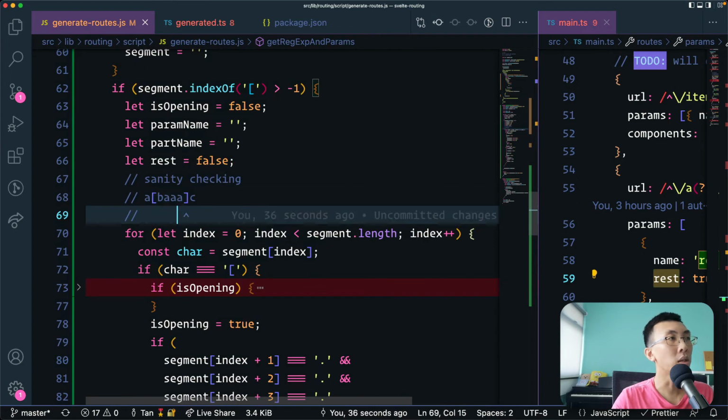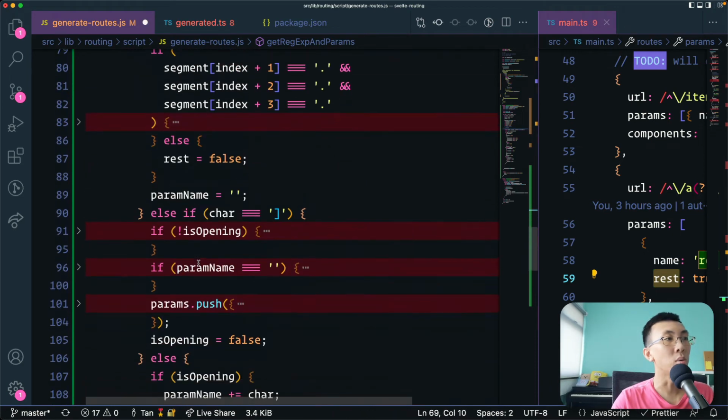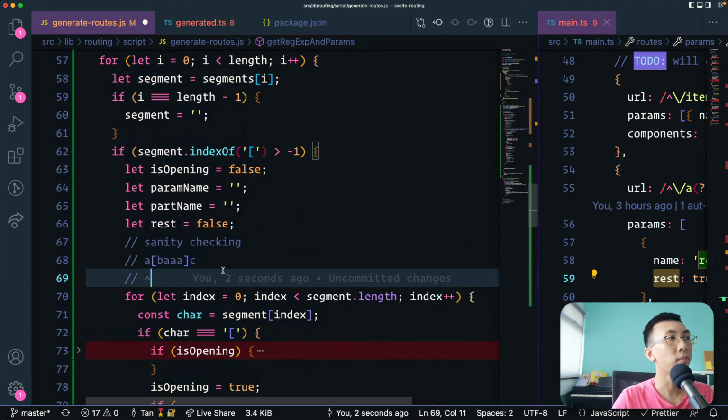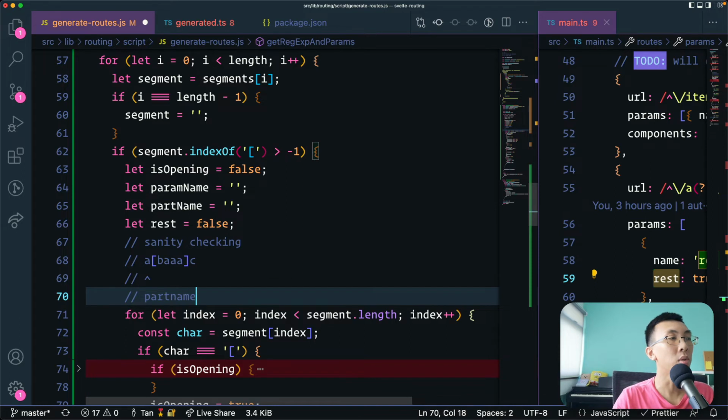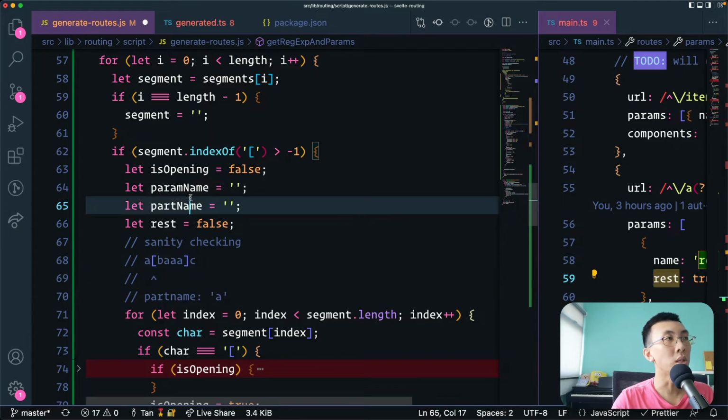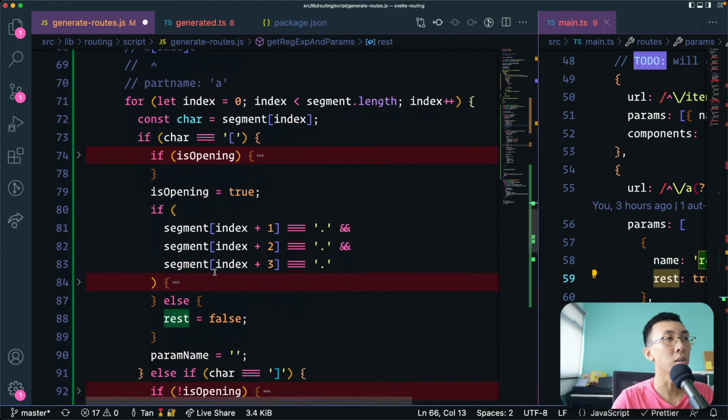So here at the start, our path name will be empty, and then we just add here. So we add, path name to be A, and as we encounter this, then we reset param name, rest and is opening